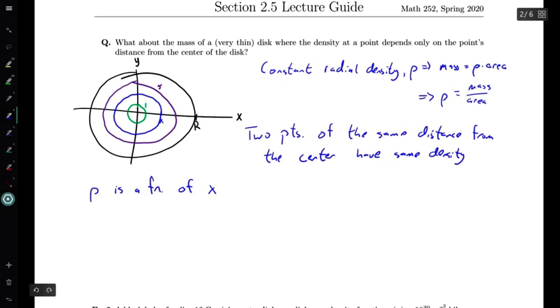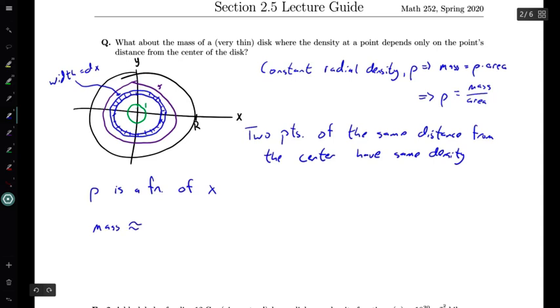So maybe here I'll pick the point x, and I'll draw a little circle, or a circle that is a little bit larger. Maybe the width here is dx. And in order to compute the mass of this little disk here, I want to compute the mass of this little disk in order to add up all of the masses of each of these individual disks. So the mass of the blue disk here